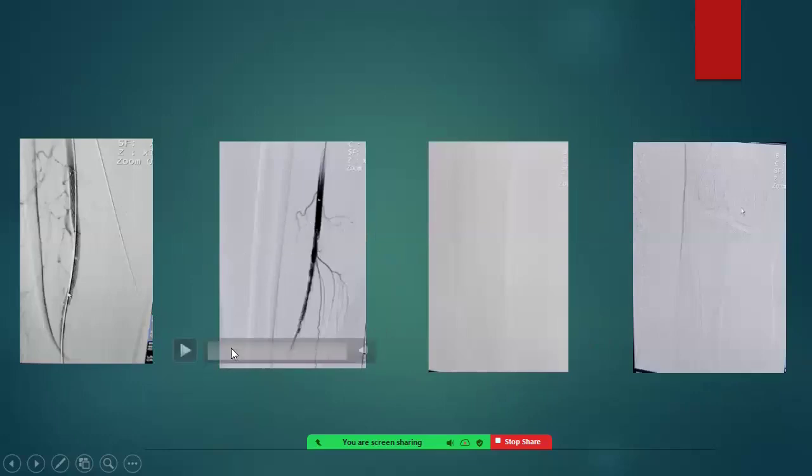So this patient had the in-stent thrombosis. After that we kept the patient on heparin. The patient developed severe ischemic pain because the thrombosis of all the collaterals had occurred. We kept the patient for catheter-directed thrombolysis for 2 days, but nothing happened.